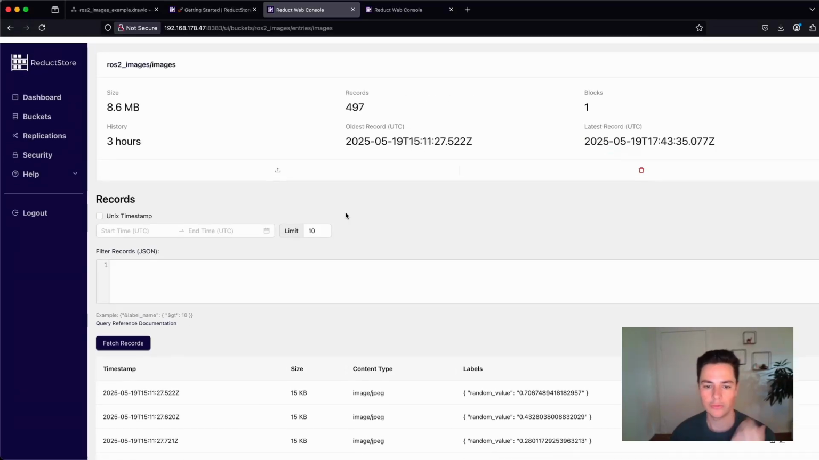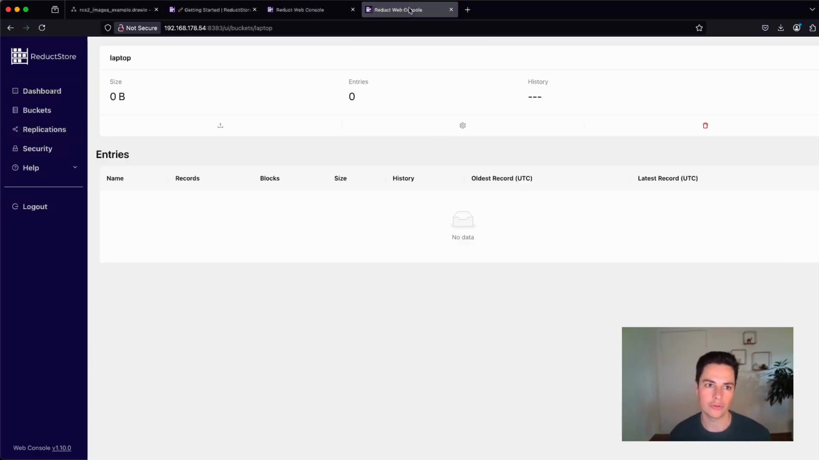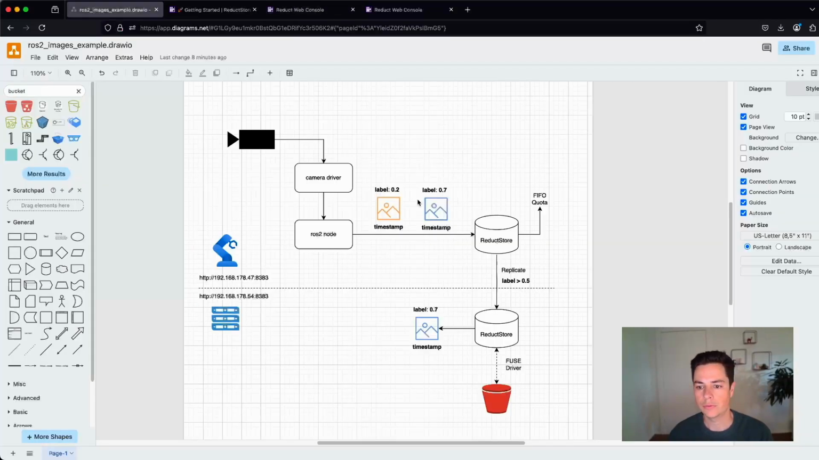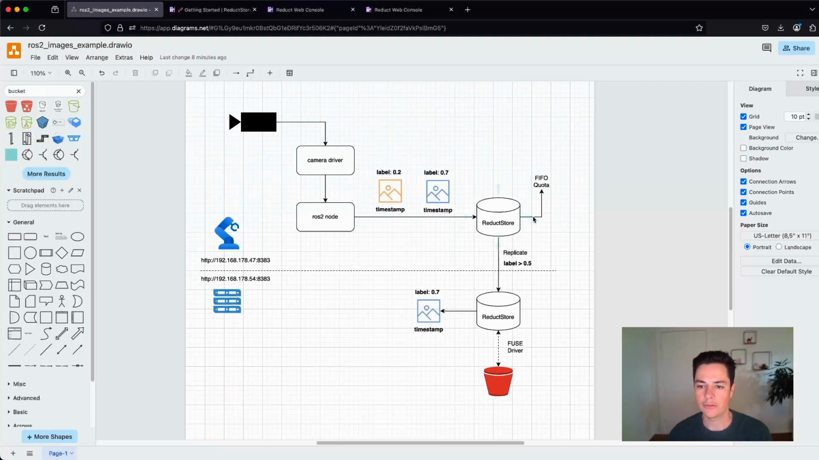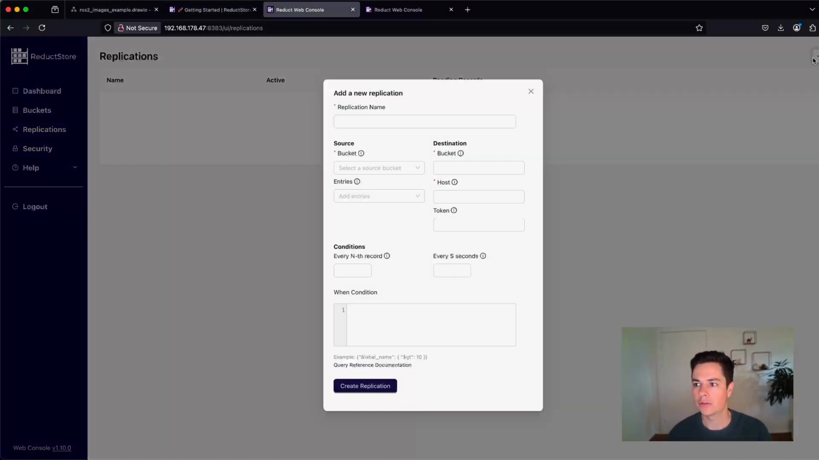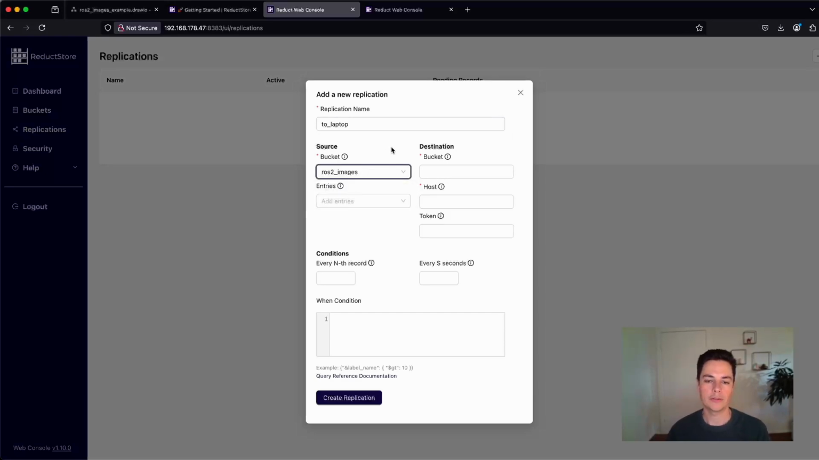So what is interesting now is that if we look at my laptop, the central storage, there is no data, right? But you can set a replication task. To give you the context, you set the replication task here on the robot, and it will push the data to the central storage. I will give you this example. So you create a replication here, I call it to_laptop. And I want to replicate images from the ROS2 images bucket to